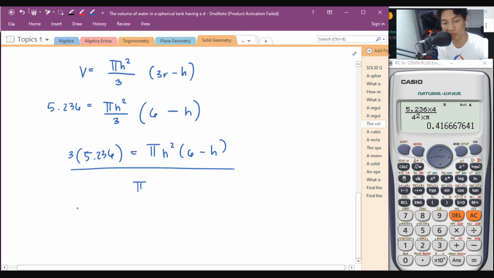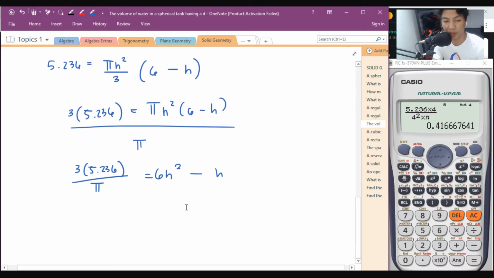This will become 3 multiplied to 5.236. Don't simplify that yet. Equal to h squared, so 6h squared minus h. Yeah, so let's simplify now. 6h squared minus h equal to,